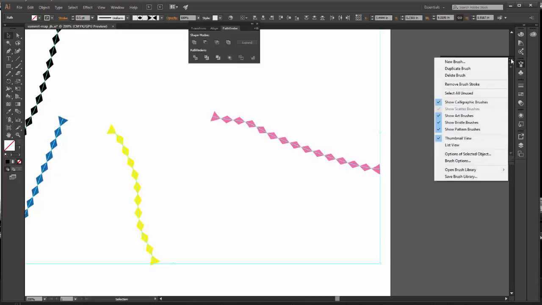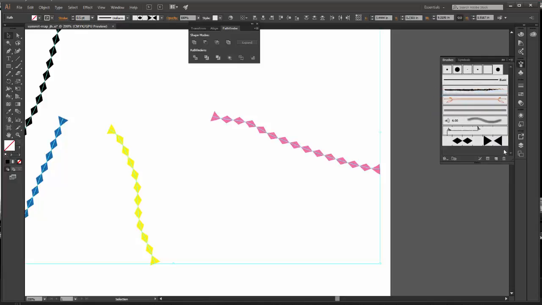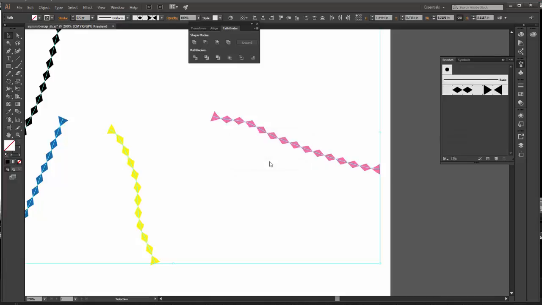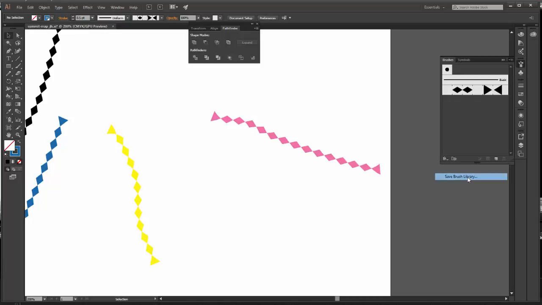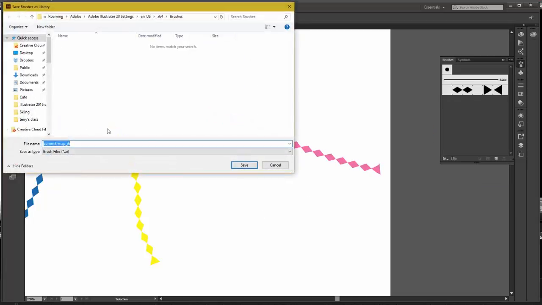We're going to save our custom brush. In our Brush Panels option, select all the unused brushes and hit Delete. And yes, delete the brush selection. This just leaves us the basic brush and the new brush that we created. Command or Control click the Ski Lift brush. Again, open the Options menu and select Save Brush Library. Name the library Map Brushes